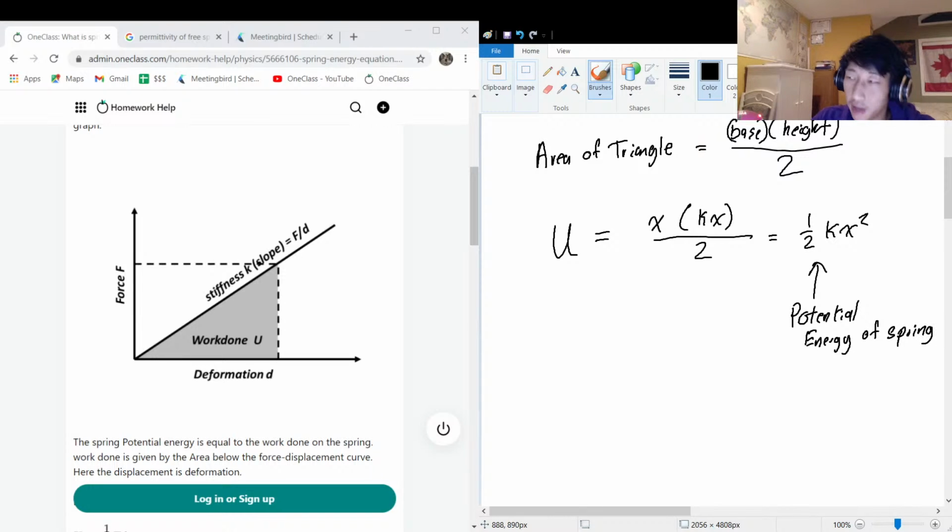Of spring. Now, something interesting that I want to note is kinetic energy is equal to 1/2 mass times velocity squared. I'll write it kinetic energy so it's not confusing. You kind of see how they have the same type of structure. They have 1/2 times a constant value, the spring constant for spring potential energy, mass for kinetic energy. Those are constant. You're not going to change your mass that much, hopefully, or in most cases. And then you have multiplied by some property squared, the compression squared for springs, and the velocity squared for kinetic